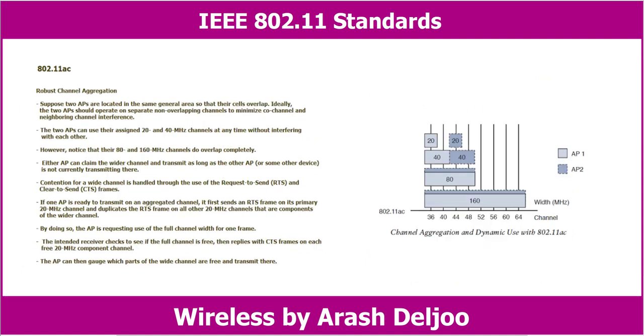Suppose two APs are located in the same general area as their cells overlap. Ideally, the two APs should operate on separate non-overlapping channels to minimize co-channel and neighboring channel interference. As the channel layout in this figure shows, the two APs can use their assigned 20 and 40 megahertz channels at any time without